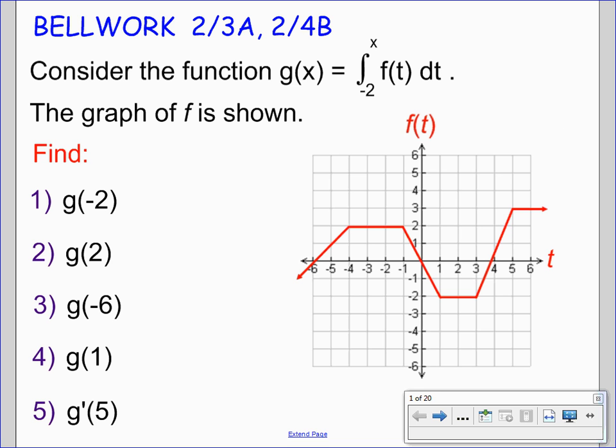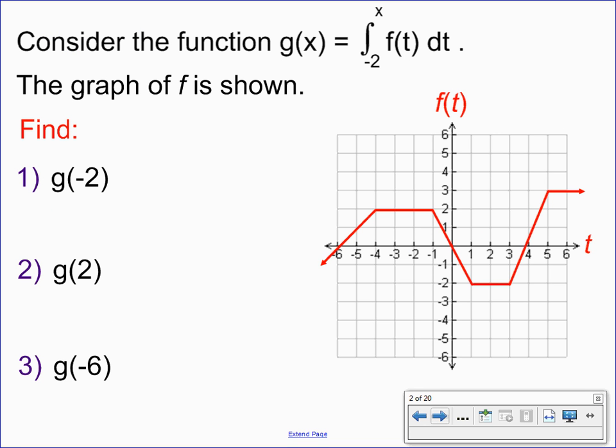Thank you. Let's go ahead and take a look at our graphical application of the fundamental theorem of calculus, part 2. We're given a function, g of x, that's defined by an integral. We can think of that function g as an area accumulator. We can start at that lower limit, in this case x equals -2, and determine how g's function values change based on how much area is accumulated as I scan from -2 up until whatever x value of concern I'm